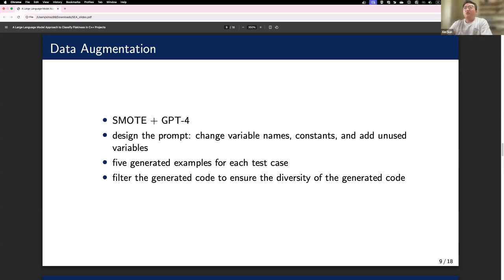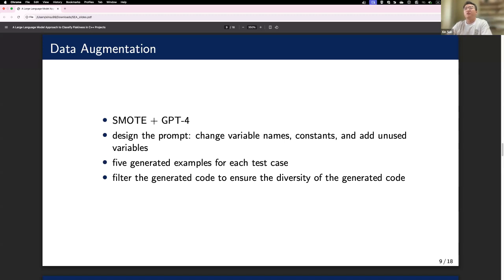Rather than just randomizing the variable names as the traditional SMOTE method does, we carefully designed the prompt for GPT-4 and used it to change the variable names and constants, and insert unused variables into the original code while preserving the original logic.